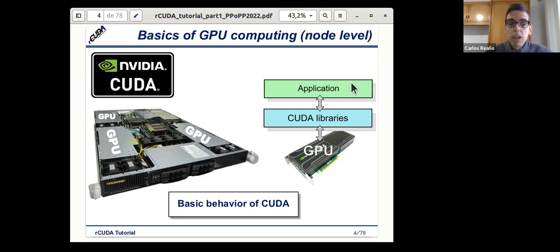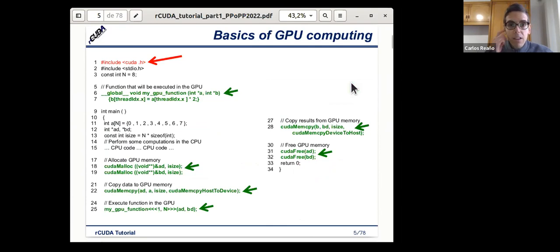This is what we refer to as the basic behavior of CUDA. For instance, if we are using the version of CUDA for C, C++, what we need to do in order to accelerate our program is basically include the CUDA libraries, which are marked in red in the slide. And then we just need to declare the functions which will be accelerated in the GPU.